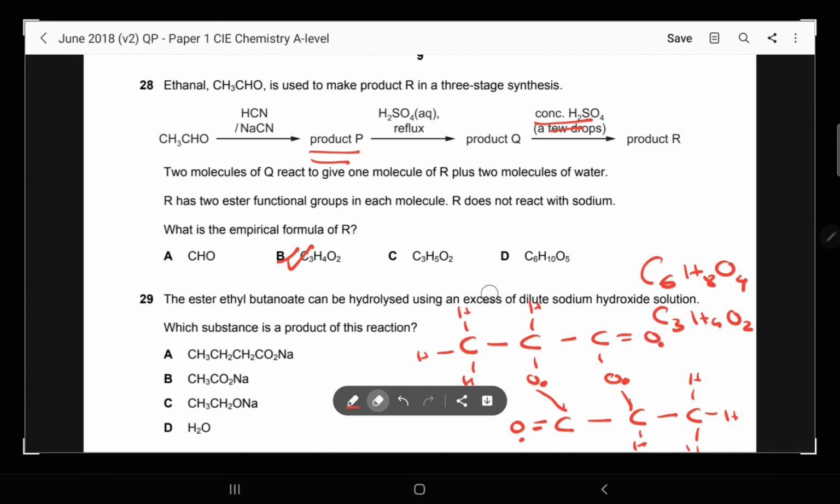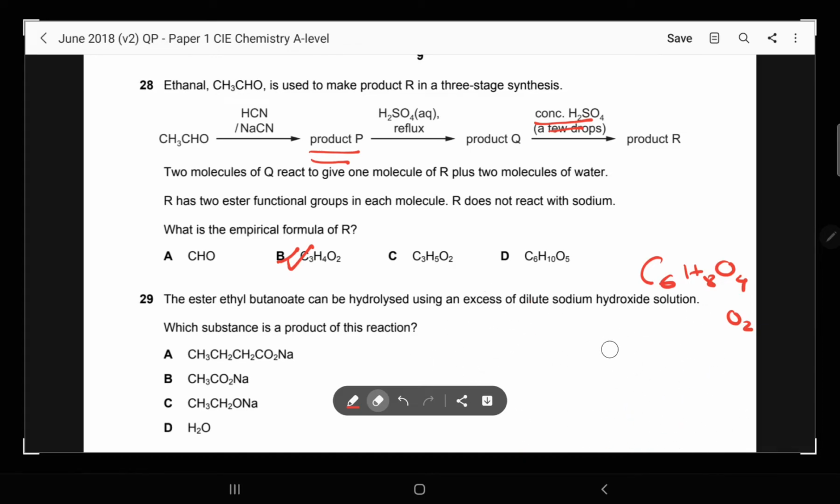The answer is B. For number 29, the ester ethyl butanoate can be hydrolyzed using an excess of dilute sodium hydroxide solution. Which substance is a product of this reaction? So let's first draw it. 2 carbon atoms, ethyl, so there is hydrogen, hydrogen, hydrogen. There is a hydroxide group over here, so there is going to be an O,